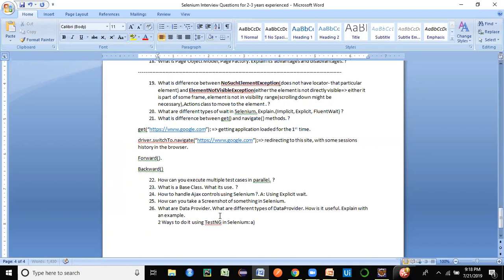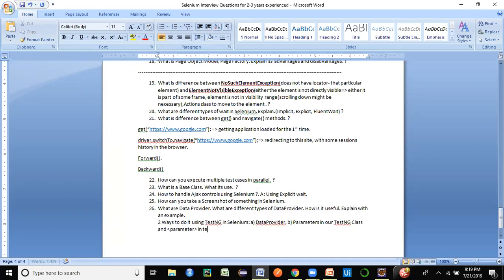The first one is data provider. There is a method we are going to create called data provider. With the usage of data provider, we can achieve the data iterations. And the second one is parameters in our testng class and the parameter tag. So when I say parameter tag, I mean this tag